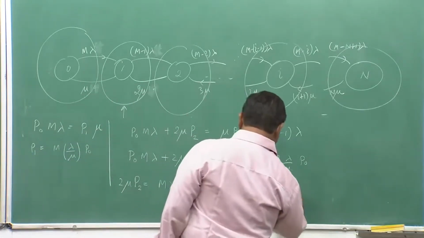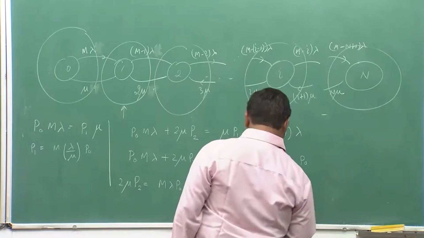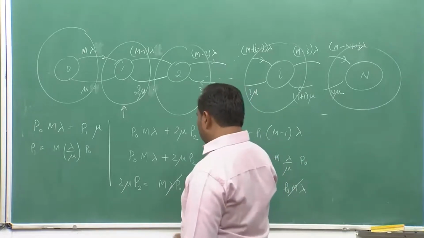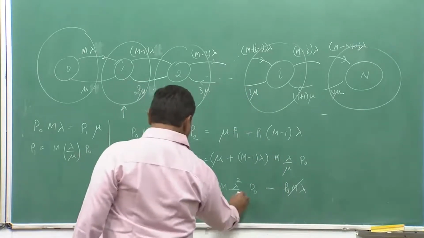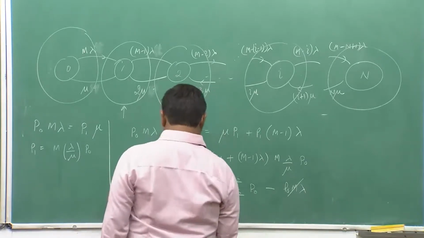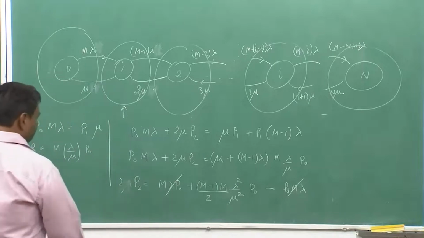This term comes on this side, it will become P0 m lambda. So, this cancels with this and this mu will become mu square, this will be 2. So, ultimately you will have